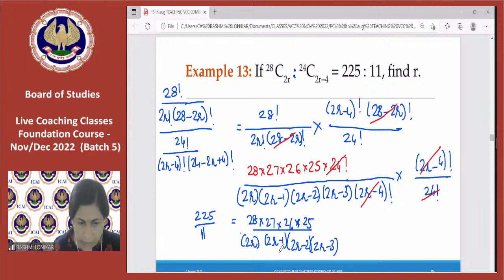So I can cancel this as 28 into 27 into 26 into 25 is equal to 49140 into 11 equal to this divided by 225 equal to this. So I cross multiply and I get